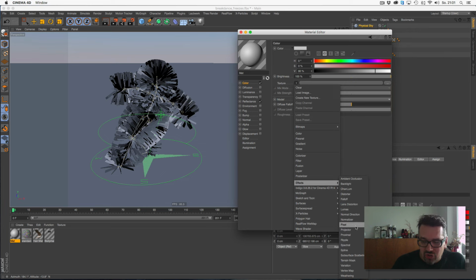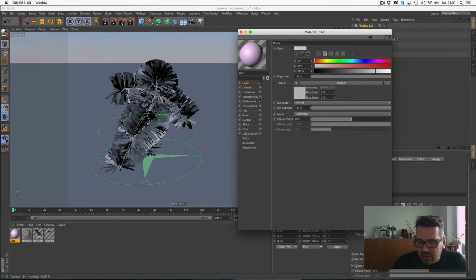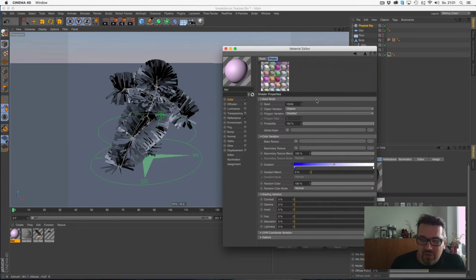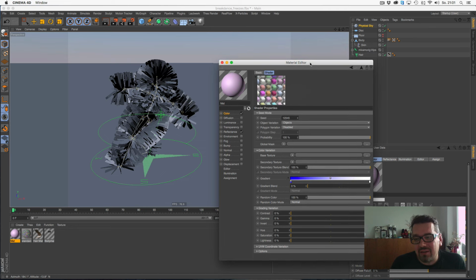The variation shader is new since version 16 or 17, I think. So I didn't work much with it until now, but for this case my first try was the variation shader, and it works very well because this shader is made for exactly stuff like this.